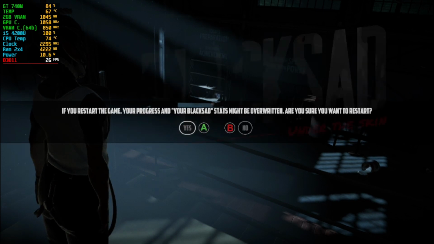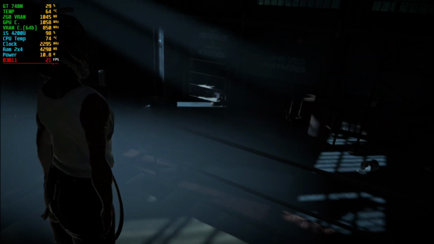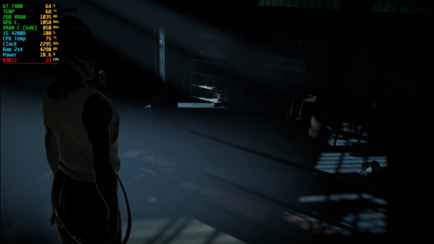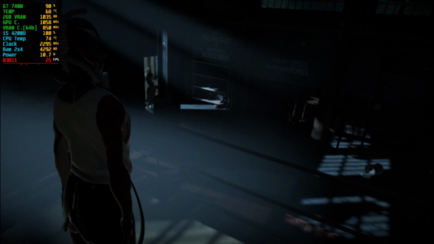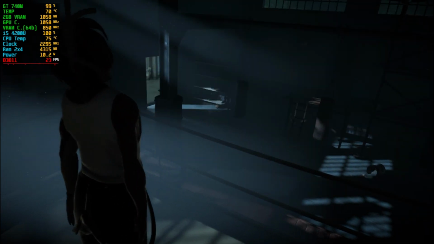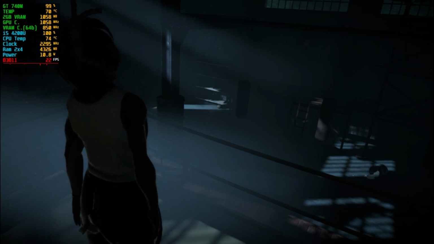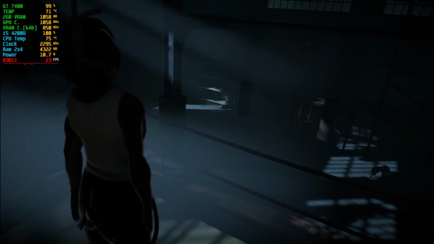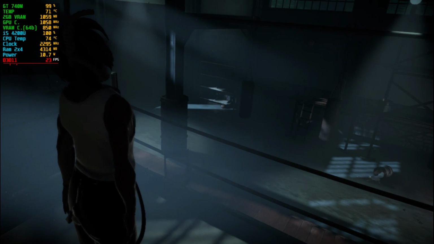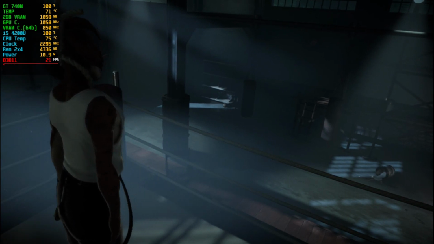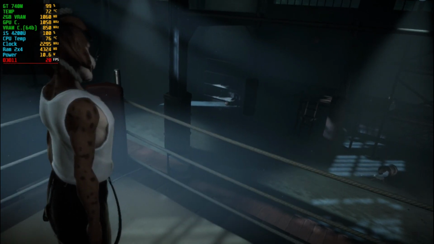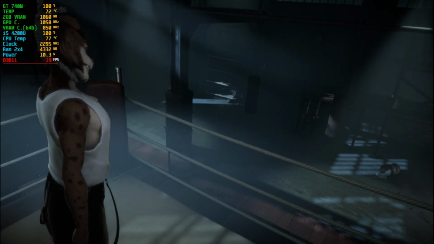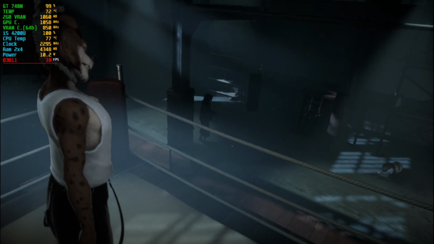576. I'm not going to make a graph with multiple settings on this, because this game is very hard to benchmark. So I decided just to find the most reasonable settings for you to play with and go along. And in these first sequences the frame rate is not very good, but nonetheless